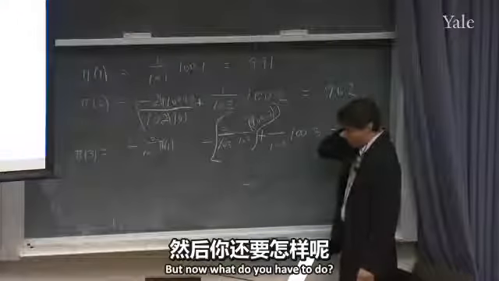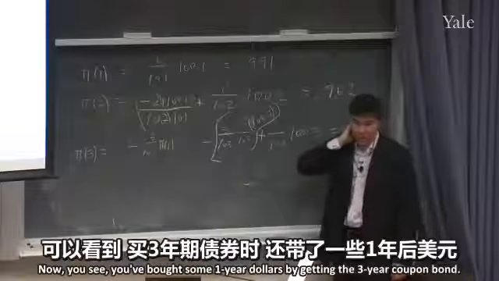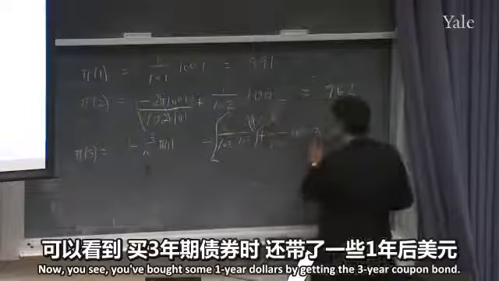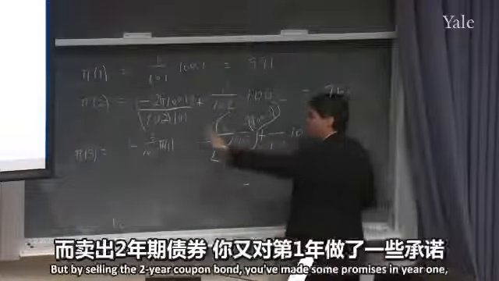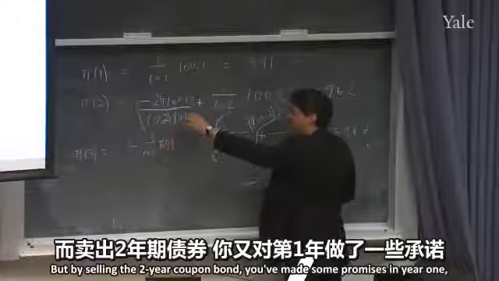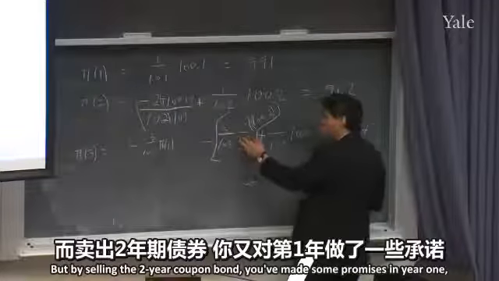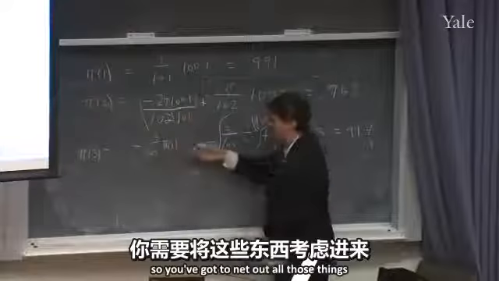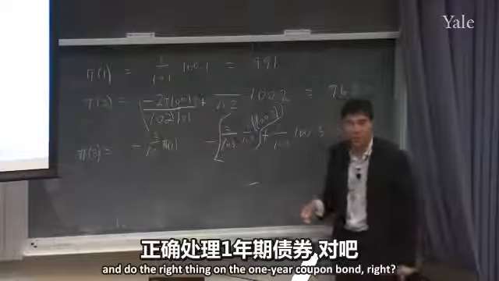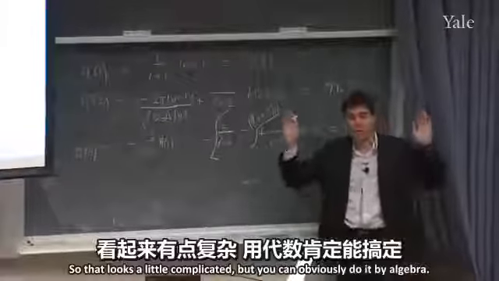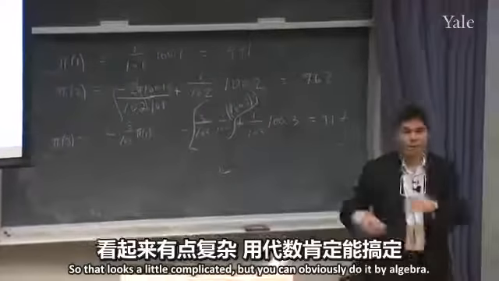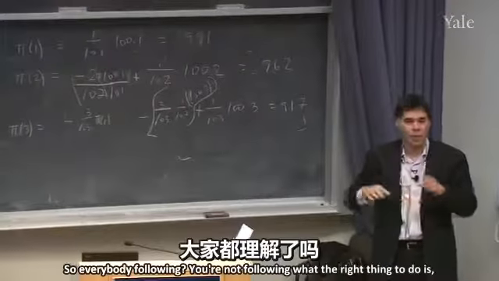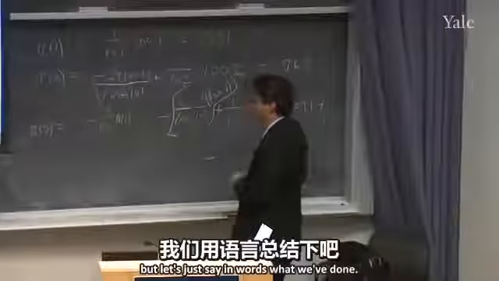But now what do you have to do? Now you see you've bought some 1-year dollars by getting the 3-year coupon bond, and you've sold off some, but by selling the 2-year coupon bond, you've made some promises in year 1. So you've got to net out all those things and do the right thing on the 1-year coupon bond, right? So that looks a little complicated, but you can obviously do it by algebra. So everybody following? You're not following what the right thing to do is, but let's just say in words what